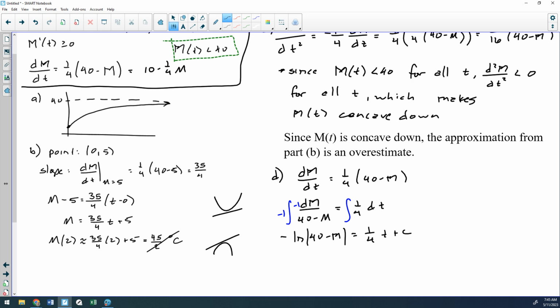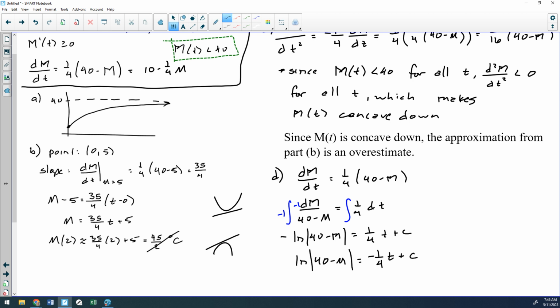Now we have to solve for m, and we have to solve for the constant. I'm going to start by moving that negative over. So the natural log of 40 minus m would be negative 1/4 t. I don't know whether c is a positive or a negative constant, and so if I multiply it by a negative, I still won't know if it's positive or negative. So I can just say plus c. AP readers don't care if you don't change the constant. Technically, I should call this c2 because it is now slightly different than the c in the previous step. But I'm going to be a little bit of a lazy mathematician here, and I'm just going to keep writing